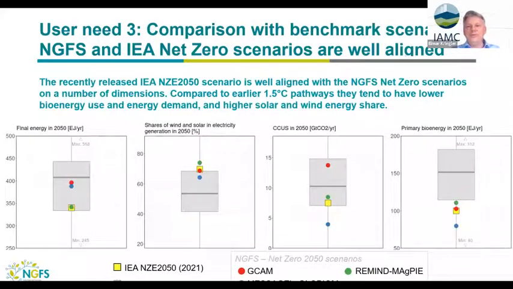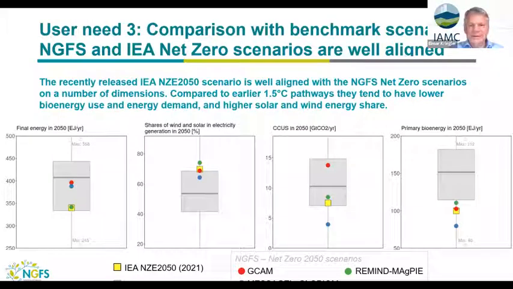User need number 3 was that people would like to know, how do you compare with other scenarios that are very prominent in the debate and are serving as a benchmark for many discussions? In our case, these were the International Energy Agency scenarios, particularly the Net Zero publication that came out in spring 2021, and also relating our results back to the 1.5 degree report and the scenario